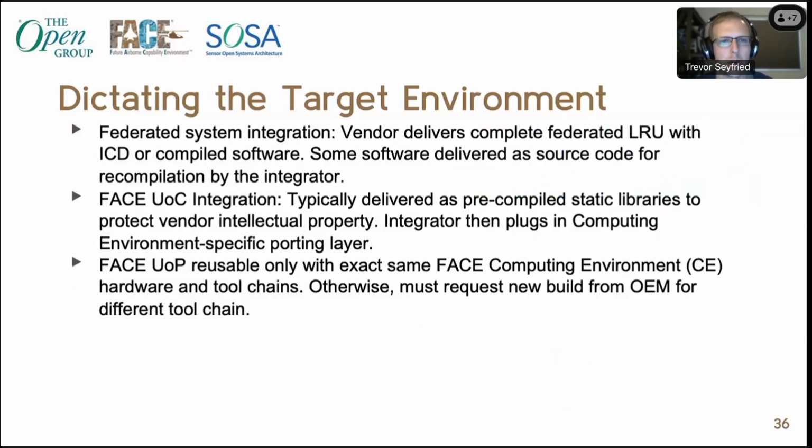The one big difference when you are the integrator of an open system is you get to dictate basically the target environment that everything gets ported into. So with the federated system, basically everybody's delivering you a complete LRU that works as a standalone device, and then you communicate with it over an ICD. Some software might get delivered as source code that you work into your environment, and in that case, you basically just recompile it for whatever your target platform is. But when you're integrating FACE UOCs,